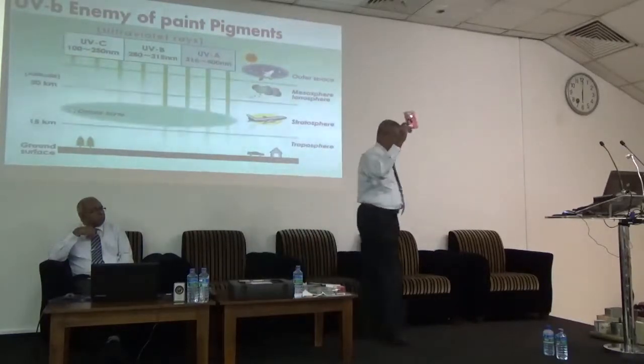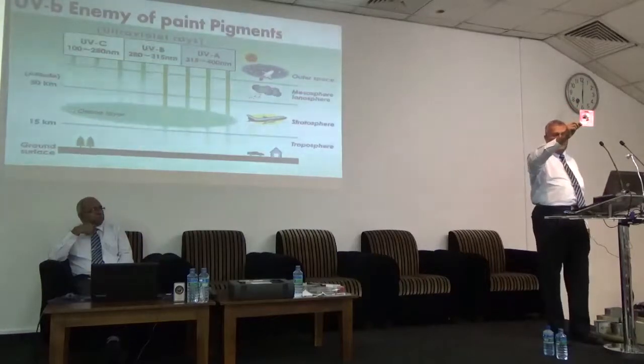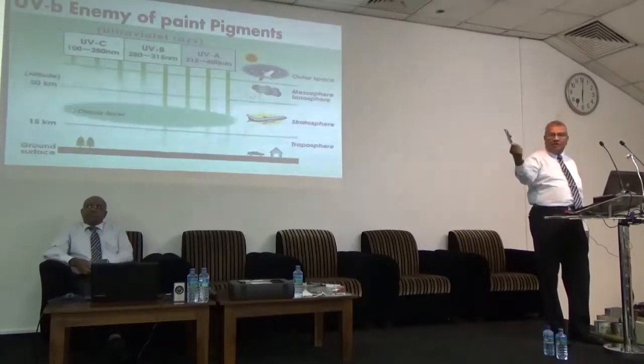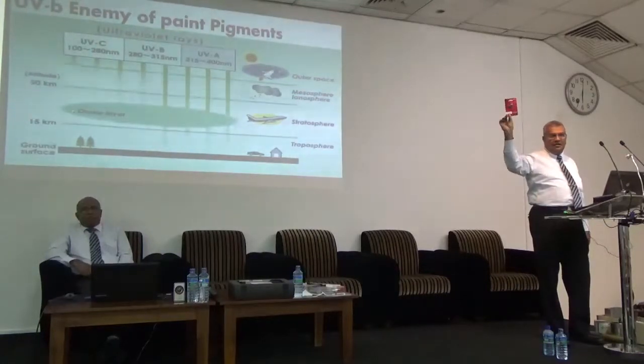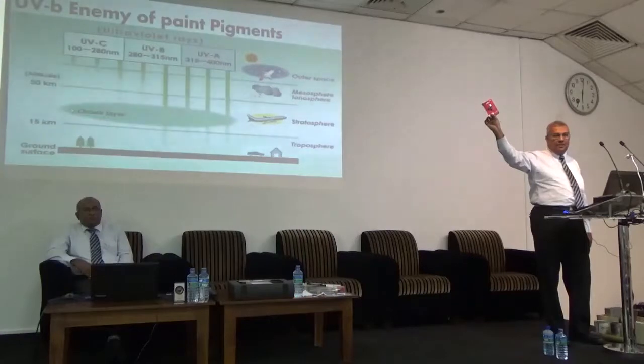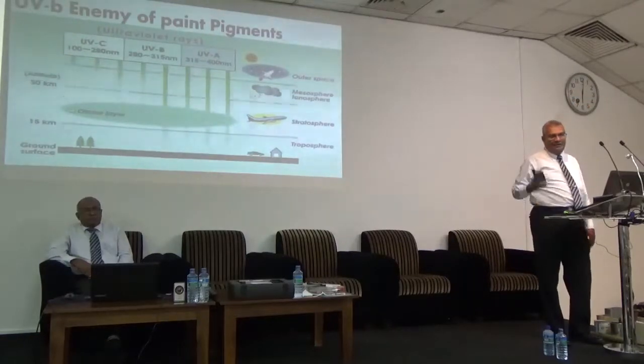Now for instance, if I show you this. Now this is a red color. First color is red. How can it be red? Why do we see it as red? Can anybody explain? Why do we see this as red? Because the white light will come, hit this paper, all the other colors will be absorbed, and only the red will be reflected. That's the answer.